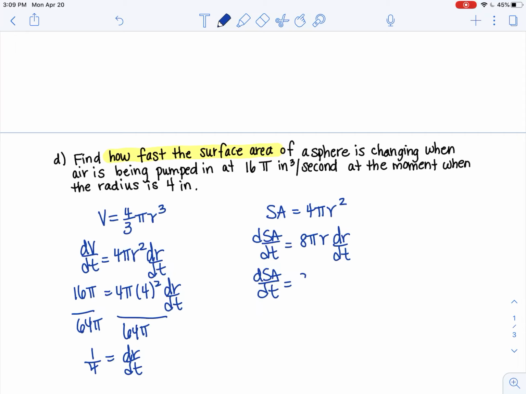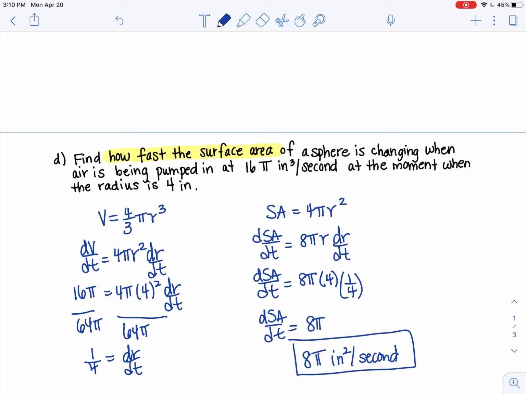So now I'm going to plug in. dSA/dt is what I'm looking for: 8 pi, I want the radius to be 4, my dr/dt is 1/4. As I start simplifying, dSA/dt comes out to be 8 pi, because those 4's cancel out. So the answer would be 8 pi inches squared per second. And that's how fast the surface area is changing at